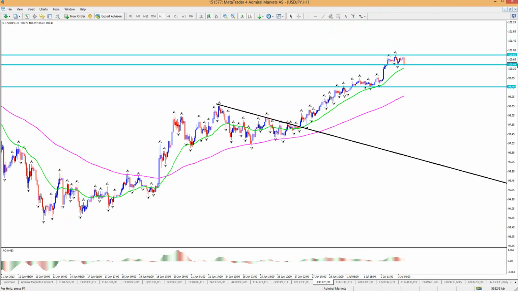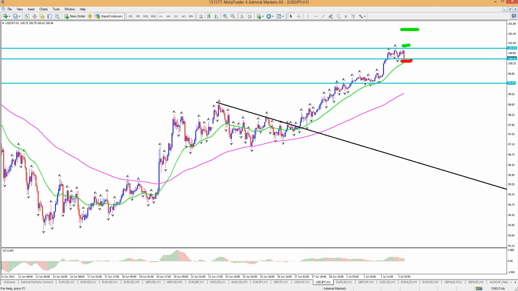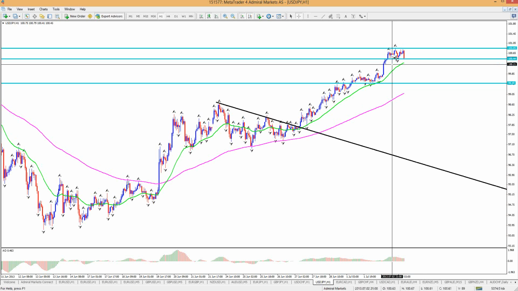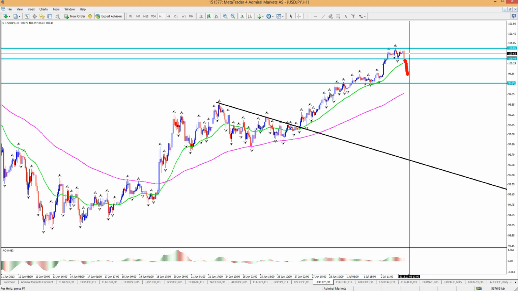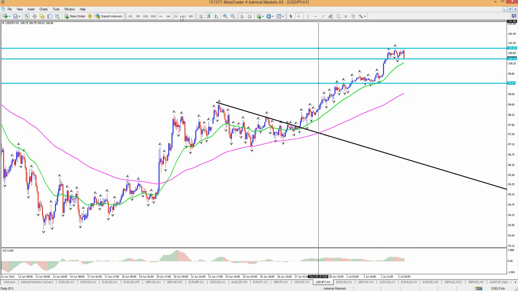Oh, I don't have the fib on. Entry here, maybe stop loss here. That would be 60. It would be okay, I guess. Let me see the risk reward. Yeah, like 1.5 to 1, but we're moving down, so maybe we'll get a bigger retrace of yesterday's candle, and we could get a bounce back here. That would be cool. Let's take a look.